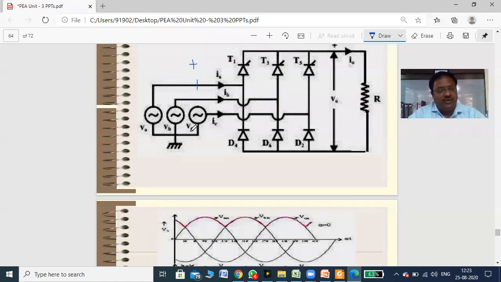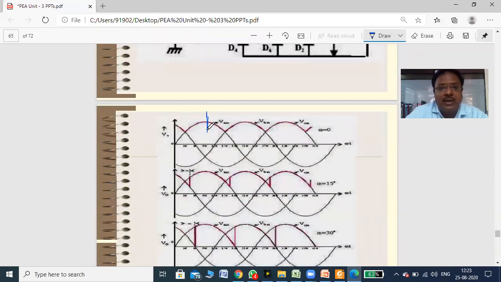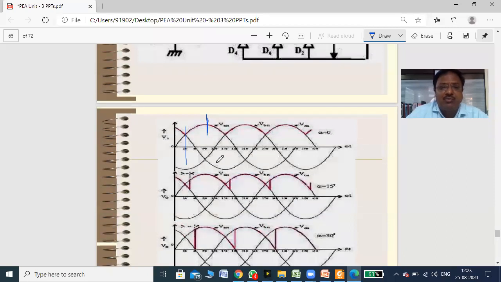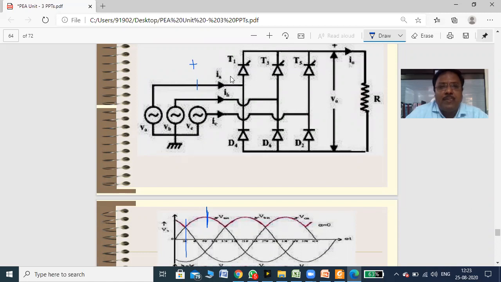As we know that it's a three-phase supply, one of the phases is definitely more positive as compared to the remaining two, right? So we can consider first one, that is VAN. This VAN is more positive above pi by 6. If the phase A is more positive, then the thyristor T1 is in forward bias condition, right? So current starts to flow through this thyristor T1, then R, then diode D2, and back to the C, right?